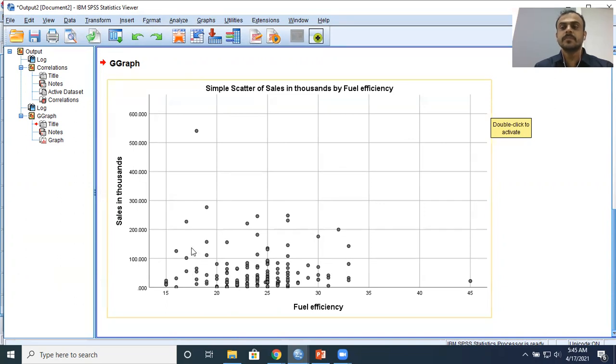If the data points are arranged in a proper straight line, it could be either increasing or decreasing. You can conclude that there's a linear relationship, right? Secondly, if you see a U-shaped pattern or an inverted U-shaped pattern or an S-shaped pattern, any of those distinct patterns, you could say that there's a non-linear relationship. Now, when I look at the scatter of these data points here, I cannot see any U-shaped pattern or any non-linear pattern, so to speak, right? I don't see a U-shaped pattern or an inverted U-shaped pattern or an S-shaped pattern. I don't see any non-linear pattern here, right?